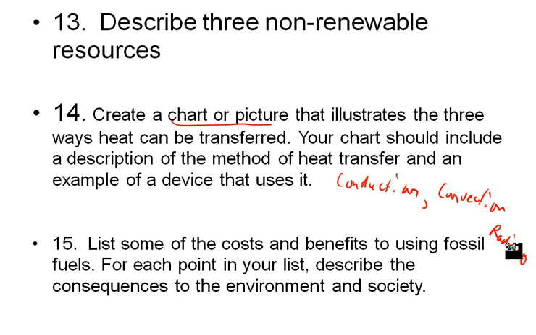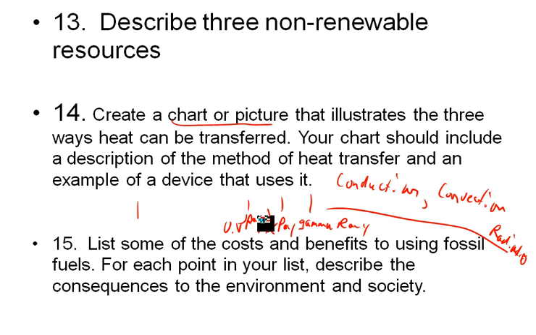Let's talk about radiation for a bit. So there's different kinds of radiant energy from strongest to weakest. We have gamma rays, we have X-rays, we have UV rays, we have infrared rays from heat lamps,